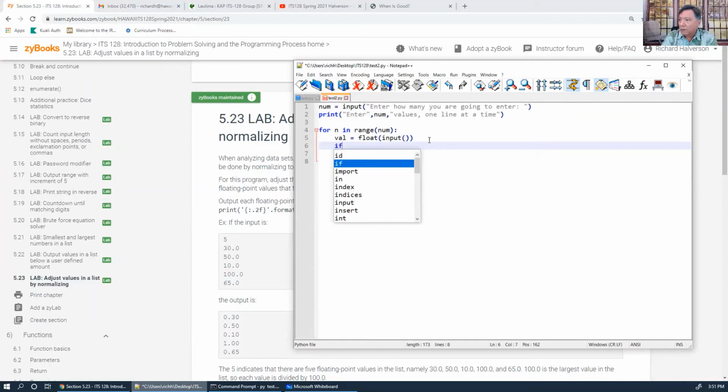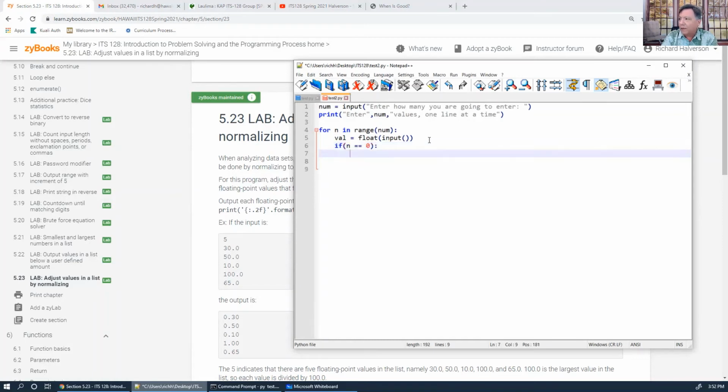If n equals 1, I'm sorry, 0. In other words, if it's the first one, then set max equal to val. Otherwise, it's not equal to the first one. It's equal to something else, something bigger than the first one. Else,